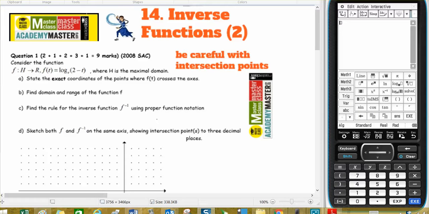This is for Year 12 Methods. It comes out of the Tech Masterclass number 14, inverse functions. And the reason I put this question in here is we need to be really careful with questions like this